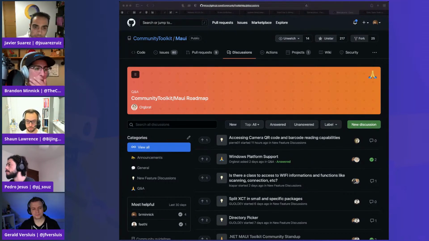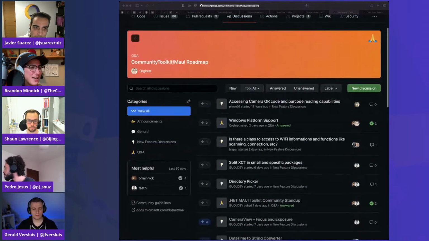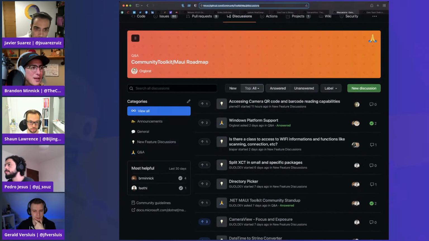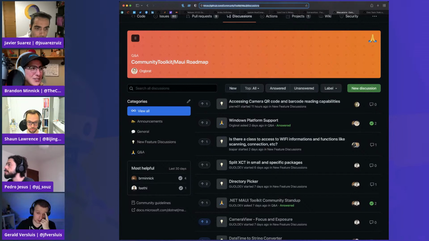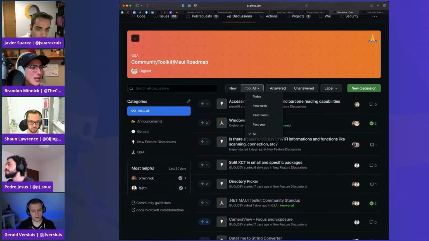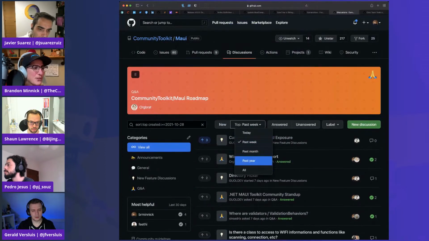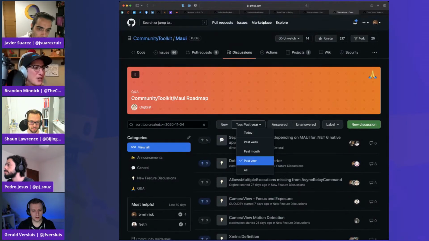Boom. So when you come to the discussions, this is a little confusing, because when I first came here, I thought it was already sorted by the top voted ones. It's not. And if you look really closely, this new button is a slightly different color. So it's actually sorted by new. I wish that this would just be one button. So if you want to sort it by the votes, you can come in and say, all right, show me the past week, which has the most upvotes, past year, which has the most upvotes, all time.